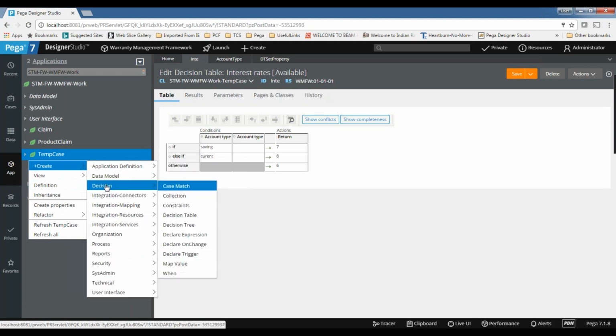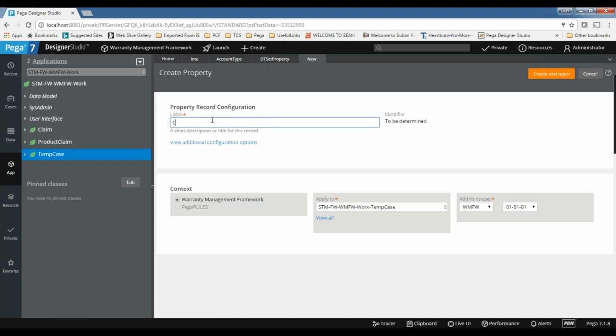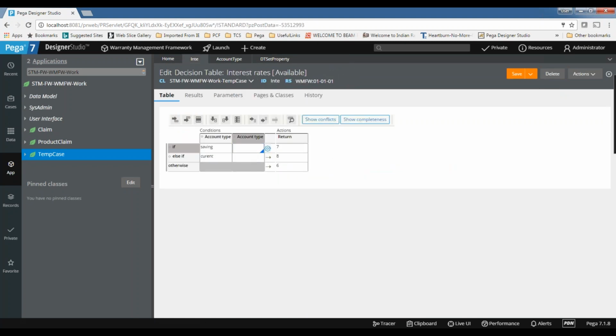Let me create the property. Customer type is gold, customer type is silver. I want to give something like this. So if you want to add one more condition, you can add just one more row. Okay.